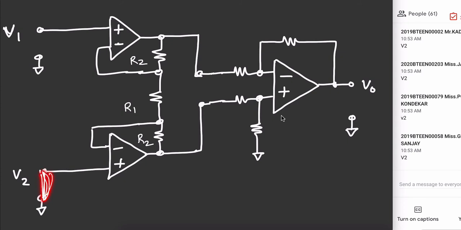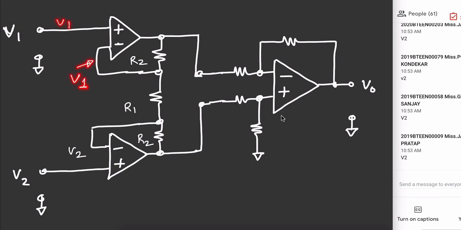It is not like that, it is not shorted. So this is V2, therefore this is also V2. I will write down that as V2. Okay. Now this is V1. What is this? This also will be V1, because again there will be virtual short. So I will write down here V1. Now this V1 I will write down here, and this V2 I will write down here. So V1 and V2.